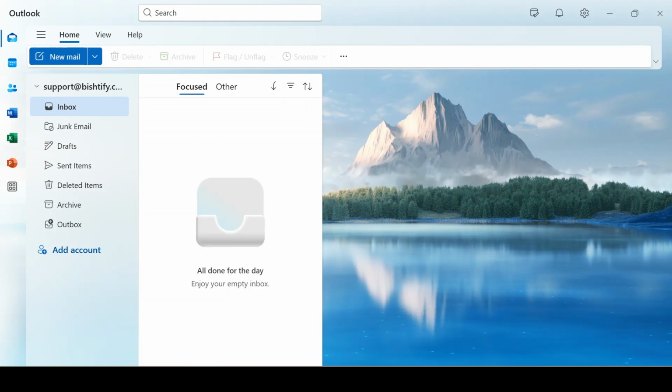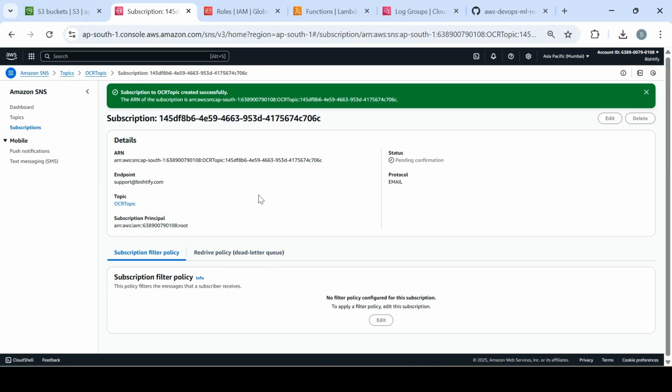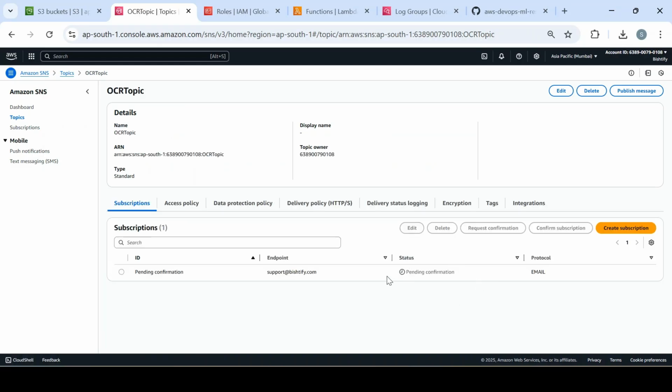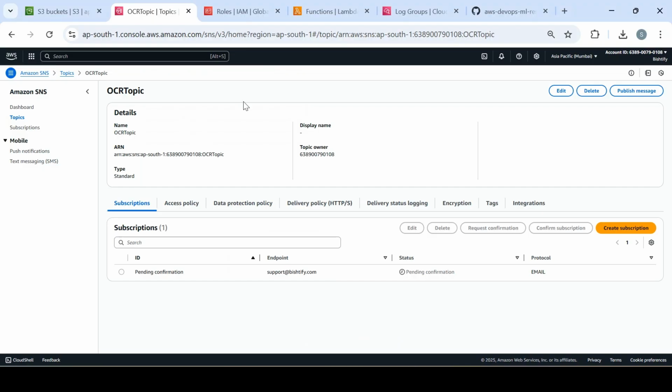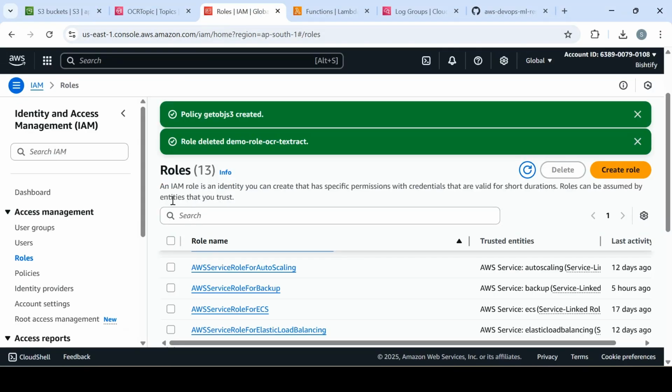Meanwhile, we are getting it. Let's move on to, just a second. It says pending confirmation. So the email has been sent out from AWS. It should be here shortly. Meanwhile, we can create a